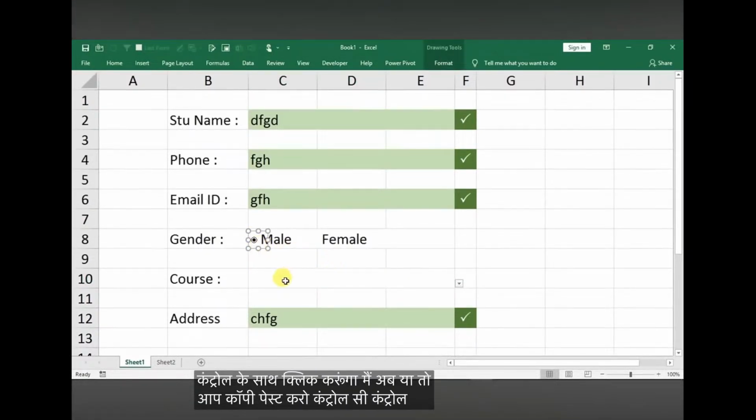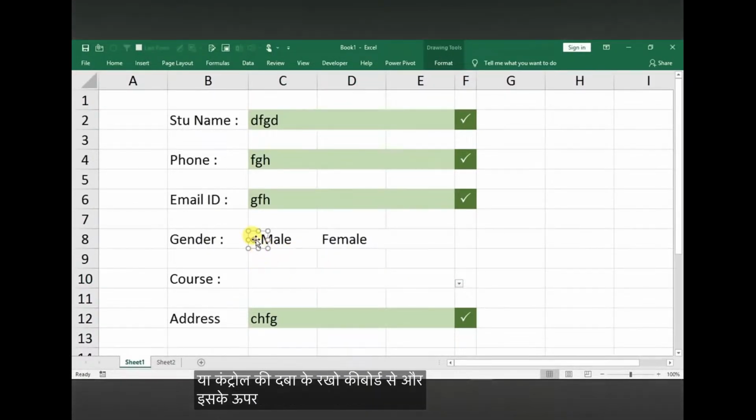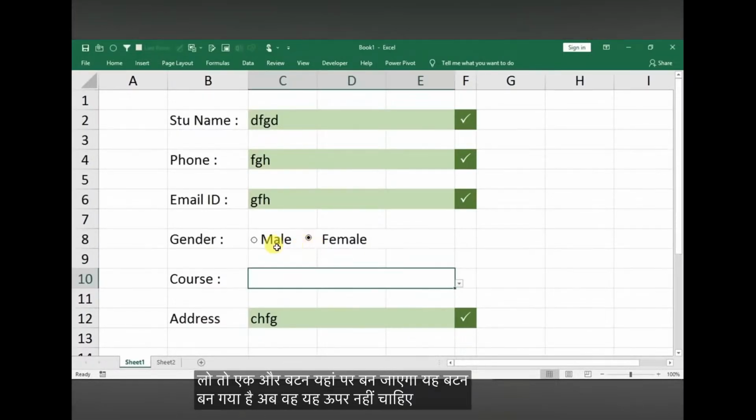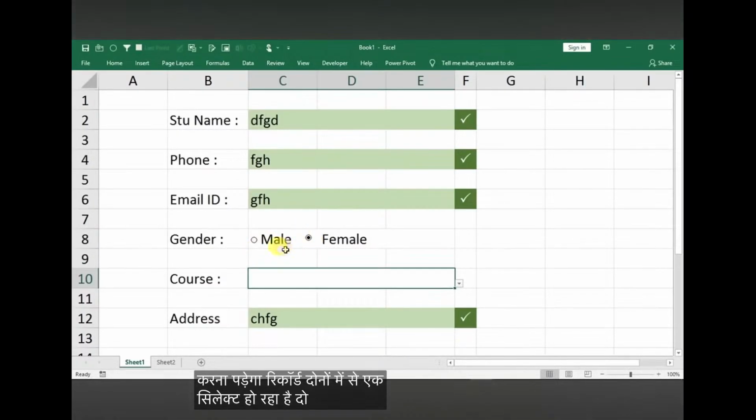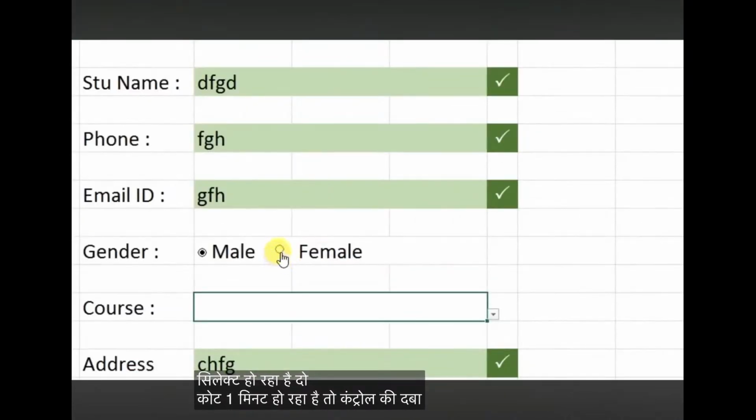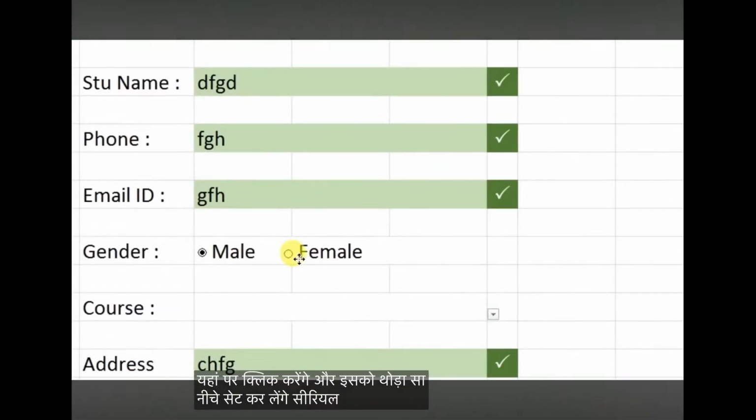अब या तो आप कंट्रोल सी कंट्रोल वी से कॉपी पेस्ट कर लो, या कीबोर्ड से कंट्रोल की दबा के रखो और इसके ऊपर क्लिक करके ड्रैग एंड ड्रॉप कर लो, तो एक और बटन यहाँ पे बन जाएगा। ये बटन बन गया है। अब ये ऊपर नीचे आपको करना पड़ेगा, देखिए दोनों में से एक सिलेक्ट हो रहा है। ठीक है, तो कंट्रोल की दबा के यहाँ पे हम क्लिक करेंगे और इसको थोड़ा सा नीचे फीमेल के आगे इस तरह से सेट कर लेंगे।